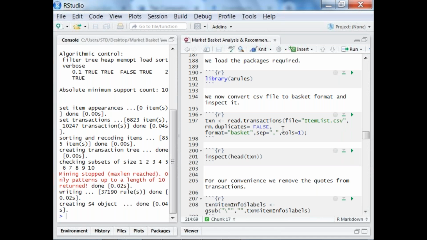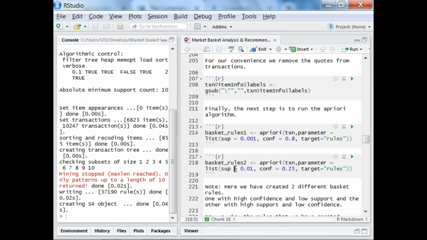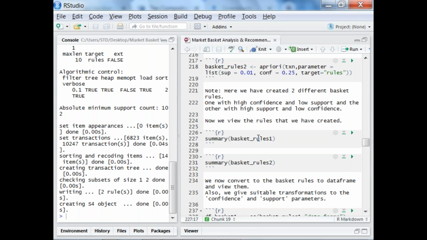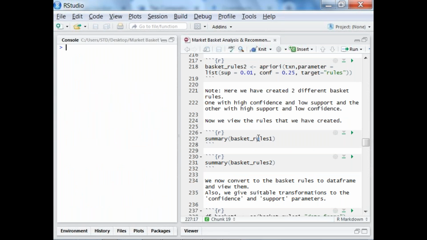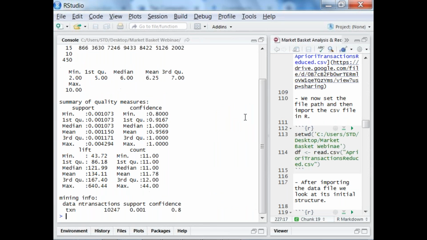Yeah, I think I have run this one, right? Yeah, this one has been run. So similarly, I run the second rule. We need to see what is the summary of each of these rules. So looking at the descriptive statistics of the first rule, see,